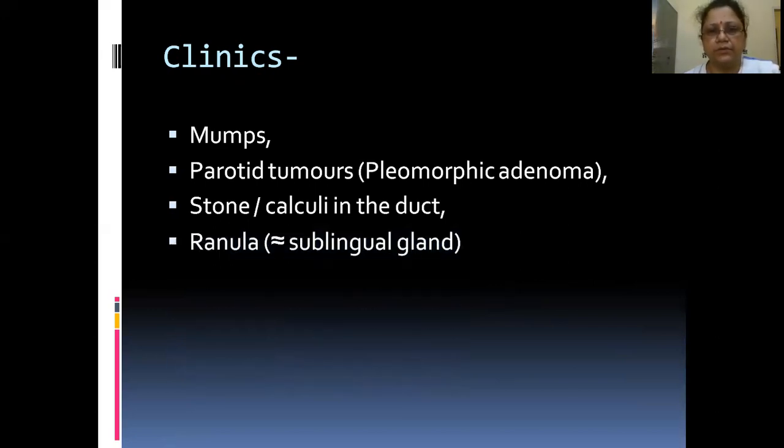Next comes the ranula. Okay, I was actually searching for the photograph I had somewhere, I could not get it. Next class I'll surely show you. Ranula is actually here, just below the tongue. There is a tumor type structure you see. Once you lift up the tongue, you will see there is a small swelling there. That is called ranula.